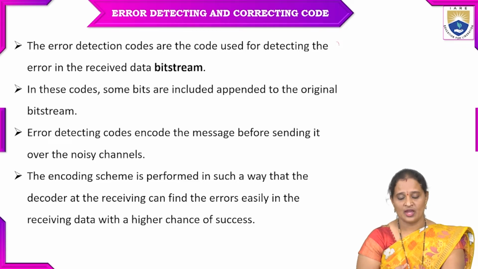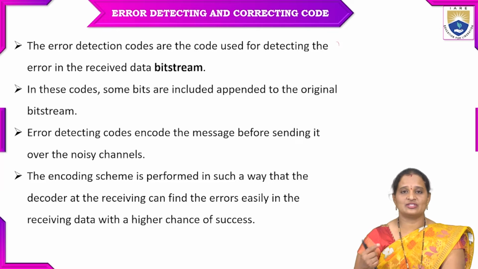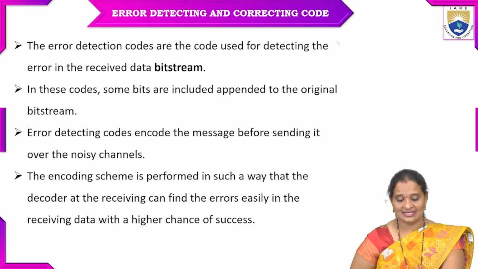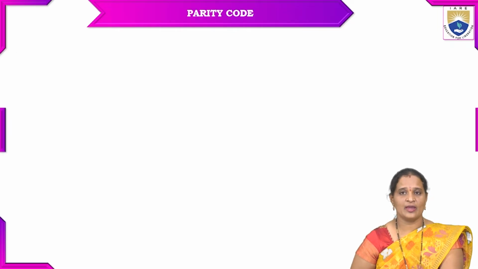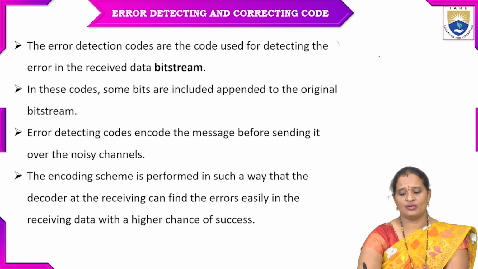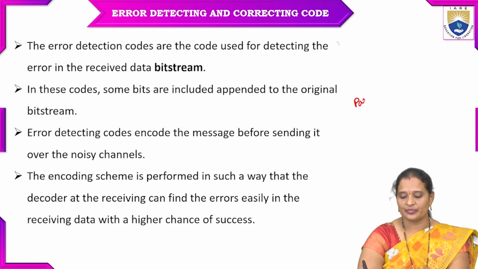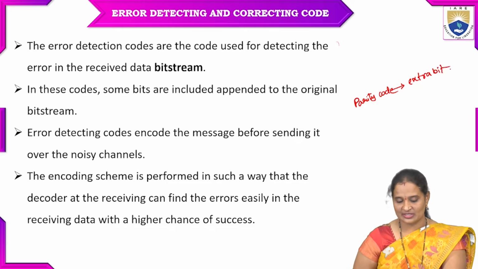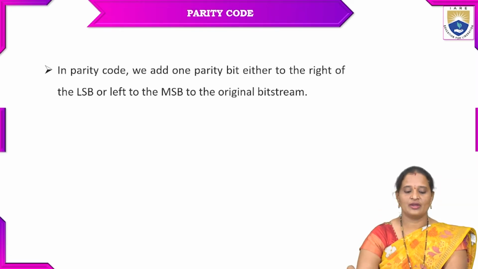If it is known beforehand, okay, then adding extra bits to the data bits is done to generate the code, which is called an error detection code. Okay, so here the basic type of error detection code is the parity code. What we are doing here is adding extra bits to the message bits. Okay, how are we adding extra bits? So the parity code is the